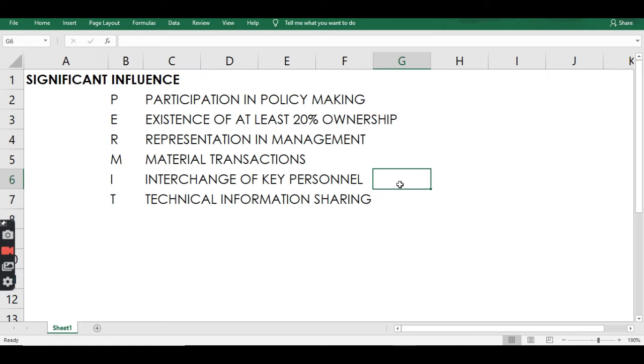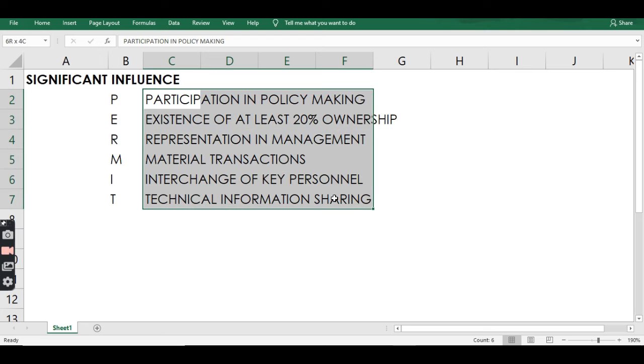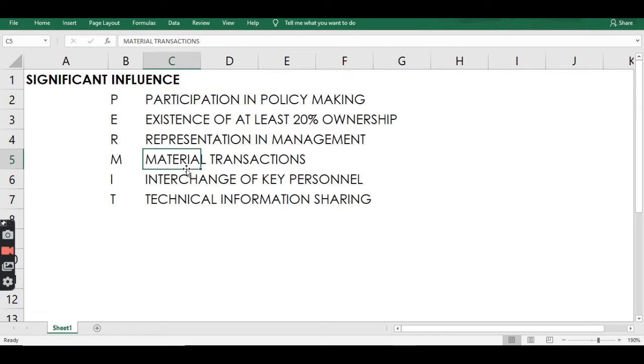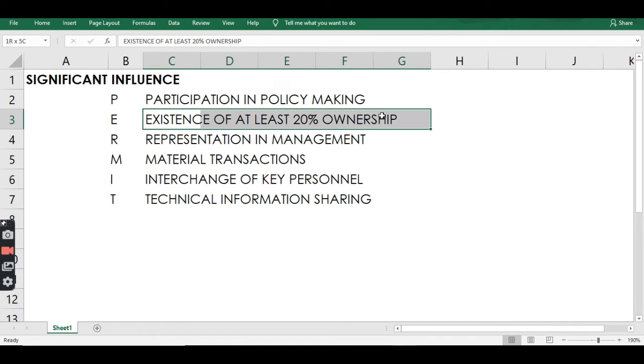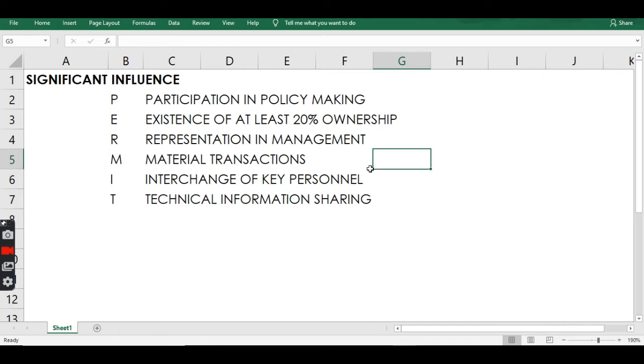Although merong ibang mga examiners na ang gagamitin nila is magbibigay sila ng mga other indicators such as yung PRMIT. Okay? Pero hindi kasi yun yung mga usual na lumalabas sa board exams. Ang usual na lumalabas sa board exams yung ito lang. Okay? Tapos by the way, if you consider the syllabus, kalimutan kong sabihin, if you consider the syllabus for board